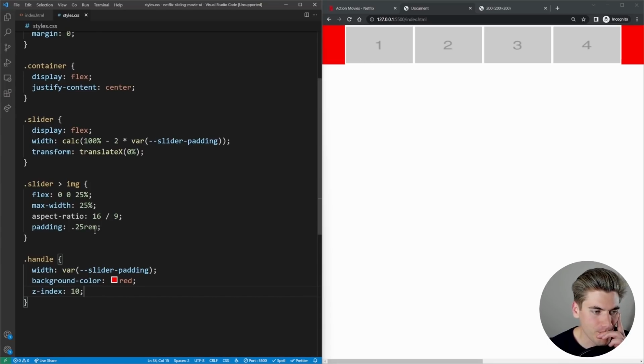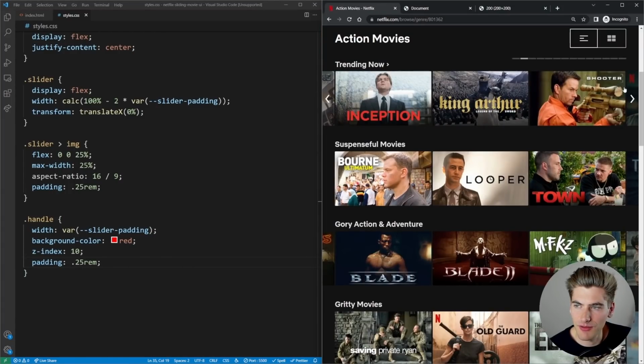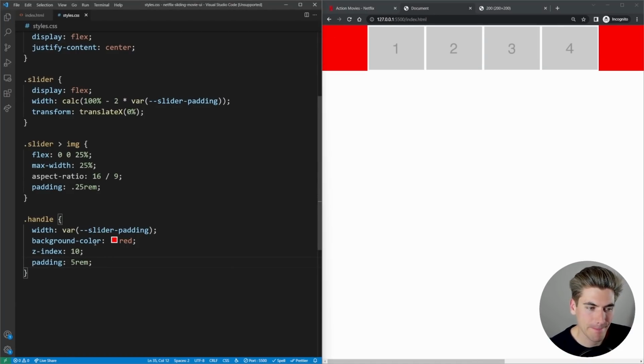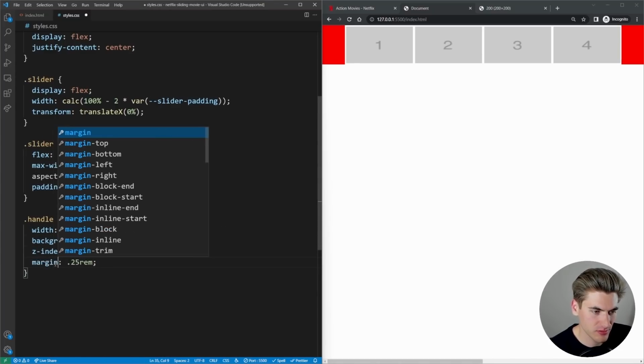Do we want to give them the same padding? Probably. That didn't do anything, it didn't look like. Padding. Because let's see what they do on Netflix. Yeah, they go up right to the edge of the screen for the most part. Not sure why this padding didn't make any changes. Oh, it's because we're using a background color here. Duh, that makes sense. So these would need to have like a margin.